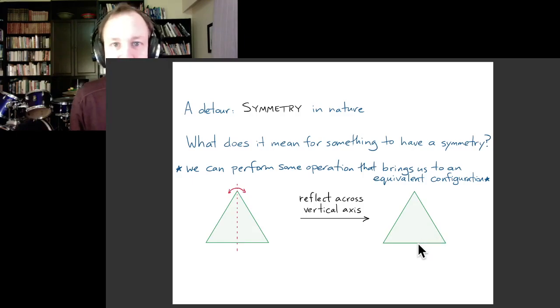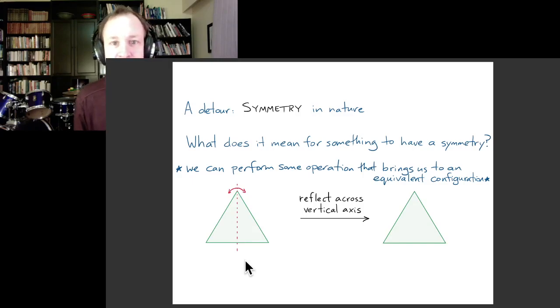This particular triangle is a special triangle that has all of its sides equal to each other. And so it turns out that it actually has several more symmetries. Maybe you can think of one. So pause the video and see how many different symmetries you can think of for this particular triangle.